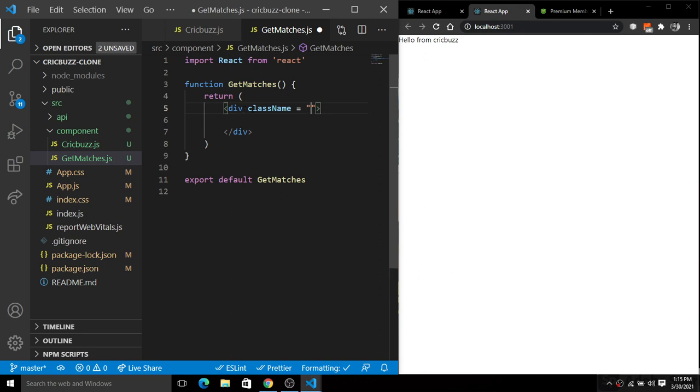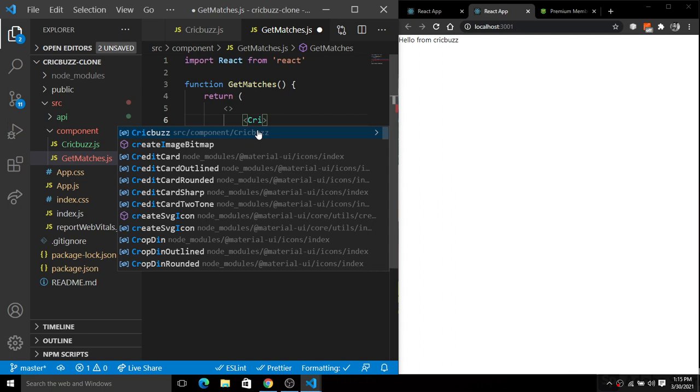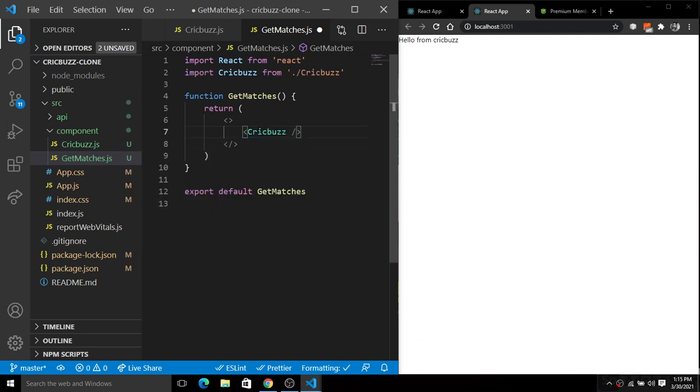So what I'm going to do, I'm going to simply remove this here. I'm going to simply create an empty fragment here, and here inside of this fragment we'll simply import the ClickBuzz there. So ClickBuzz here, and next we will have the match data. So how we will render the match data?